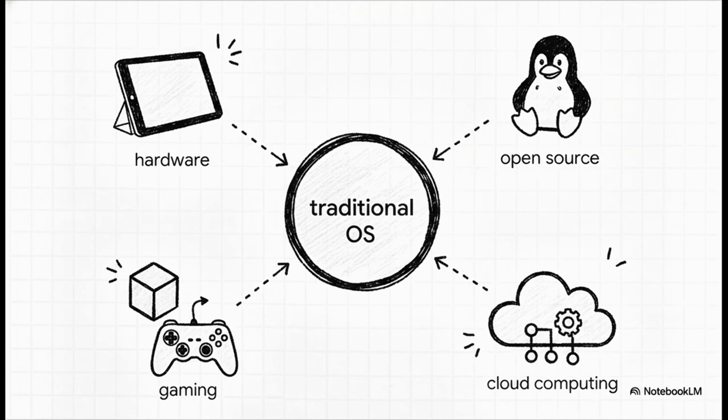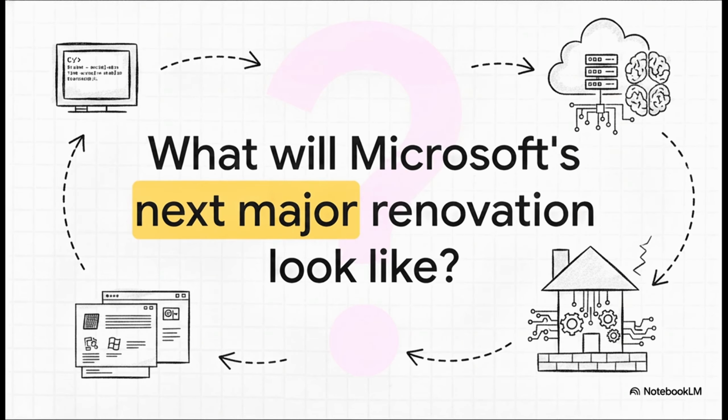But the true engine behind securing their future? Azure. They aggressively expanded their cloud computing platform, which now quietly powers the back end of thousands of global businesses. Which leaves us with this final provocative thought. Microsoft went from forcing us to memorize text commands, to conquering the desktop with visual icons, to totally stumbling over smartphones, and finally, reinventing themselves as a modern cloud and hardware powerhouse.